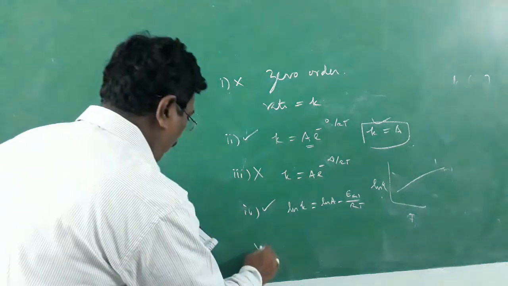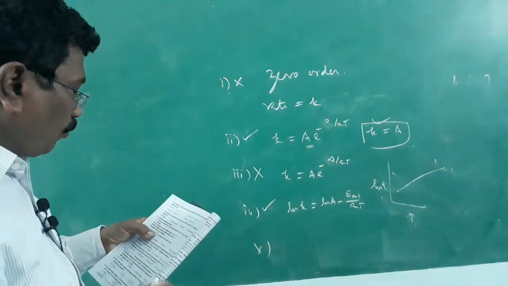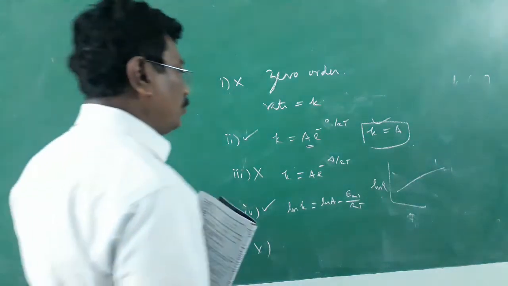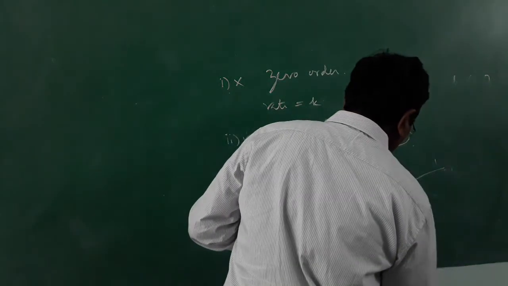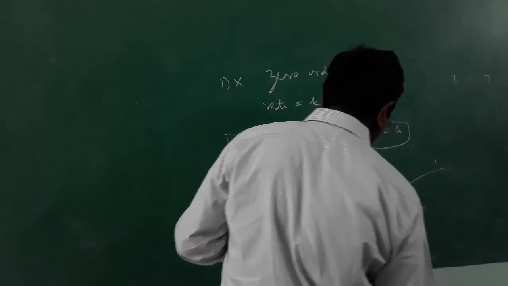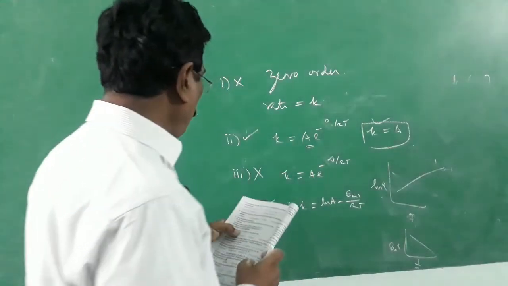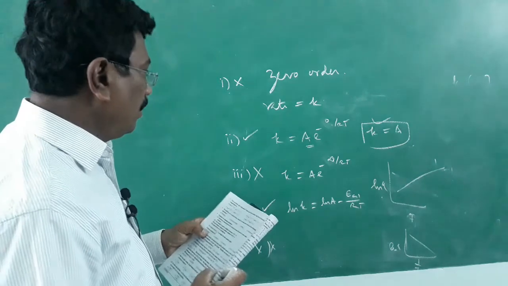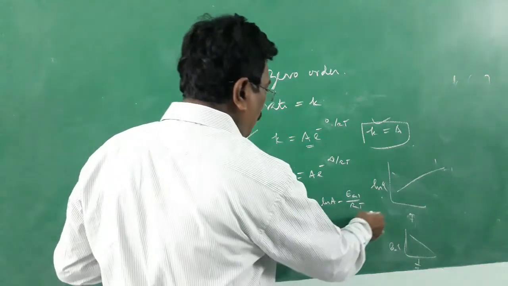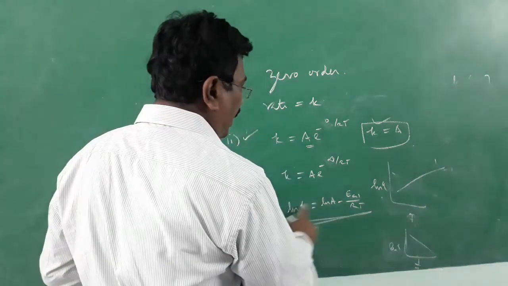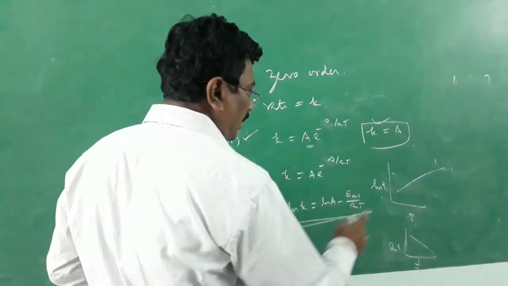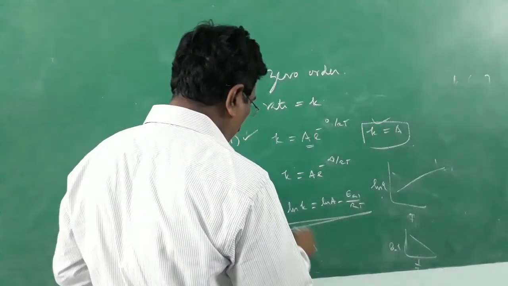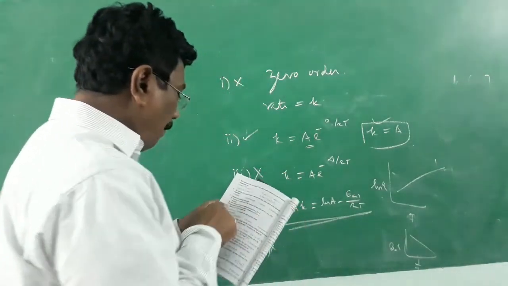Let us go into fifth point. Plot of ln K versus 1 by T is a straight line with a positive slope. No, it is not positive slope, it is negative slope. ln K versus 1 by T gives this type of a graph. So it is wrong. So 2 and 4 may be correct options. No such option given. The idea is that for this option, ln K versus 1 by T, they have given T, gives a straight line with negative slope, they might have given, that becomes wrong. They might have meant like that.